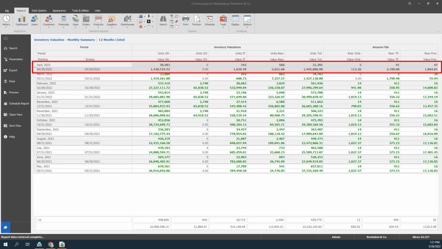Moving on to the units on order, there are 0 units with an inventory value of $0. The units in transit are 342 units with an inventory valuation of $1,630.78. The units reserved are 566 units with an inventory valuation of $5,651.68. The units total are 31,391 units with an inventory valuation of